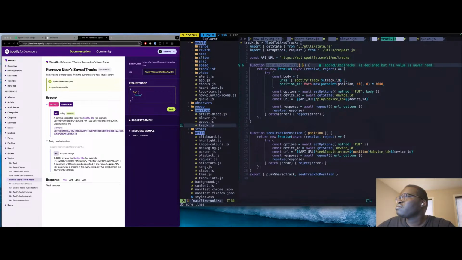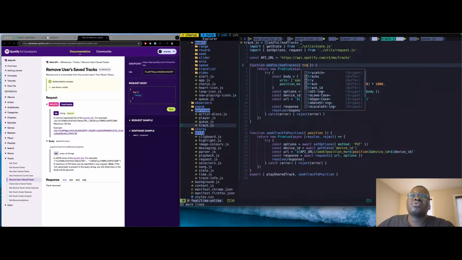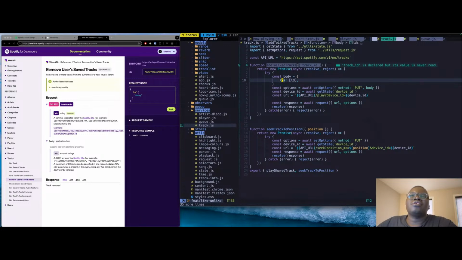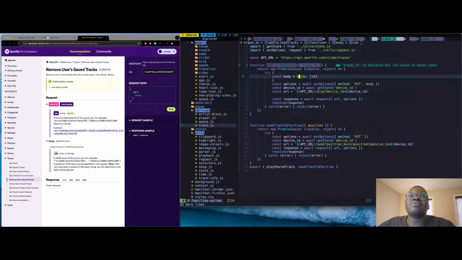Yeah, we're gonna use only a single, let's call it, track ID, and the URI. So the ID is going to just be the single. We don't need that, and it's going to be IDs, an array of strings here, and we can just add the ID here, and we don't need that. And this could be one line for now, but